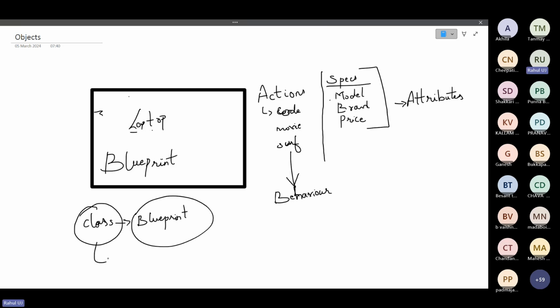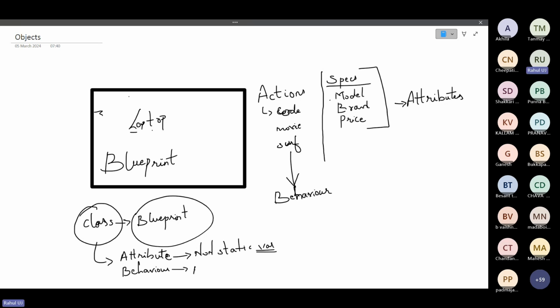Because inside the class only, we will specify attributes and behaviors. Attributes are non-static variables.